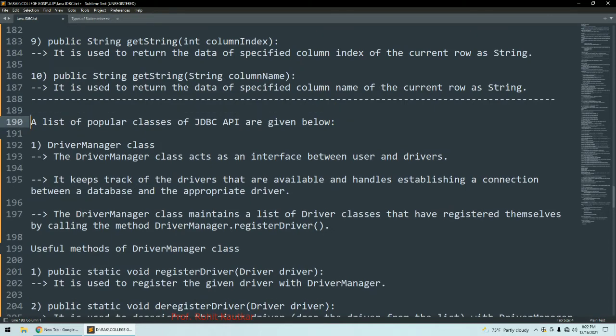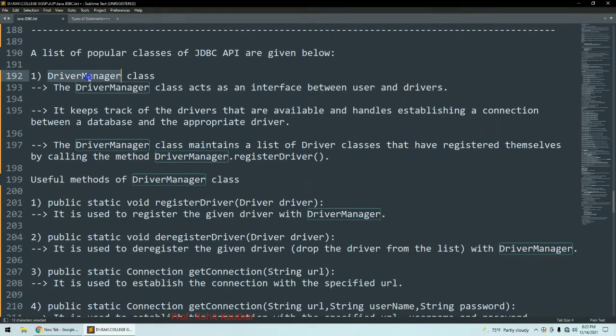So first class we have here is the DriverManager class. This DriverManager class acts as an interface between user and drivers, and it is responsible for keeping the track of all available drivers within the system, and it also handles the establishing connection between the